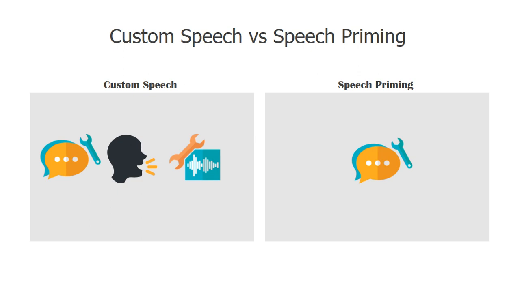In the previous episode, we used speech priming, which is very easy to activate at bot level. However, although it will cover 99% of the use cases, it might not be ideal for the factory scenario I've just described. Indeed, speech priming only covers the language part. Don't get me wrong, when I say only, it's already a tremendous thing. But priming will not be able to tackle acoustic conditions nor internal ways of pronouncing things.